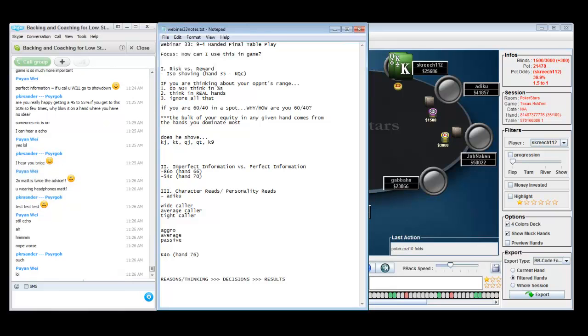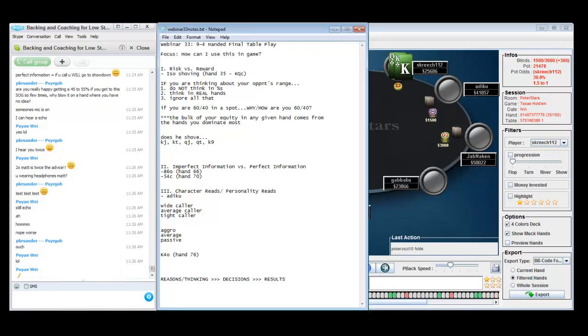Because these are simpler questions. What's his shoving range? I have no idea. That's a very open-ended question. But if I ask you,